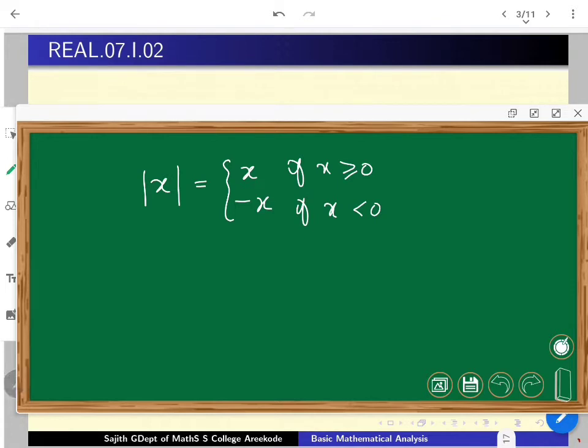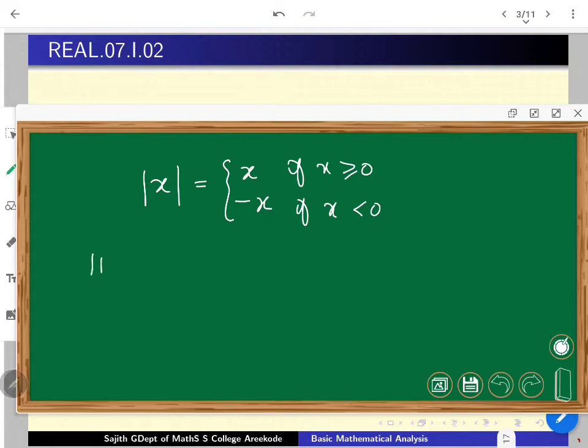This is how it is formally defined. In fact, it carries the seeds of geometry. Whenever you are looking at the modulus function from R to R, it actually says how far away you are from the origin. Mod x stands for how far away from the origin. That is what it says. In fact, very nice properties come very naturally on this.